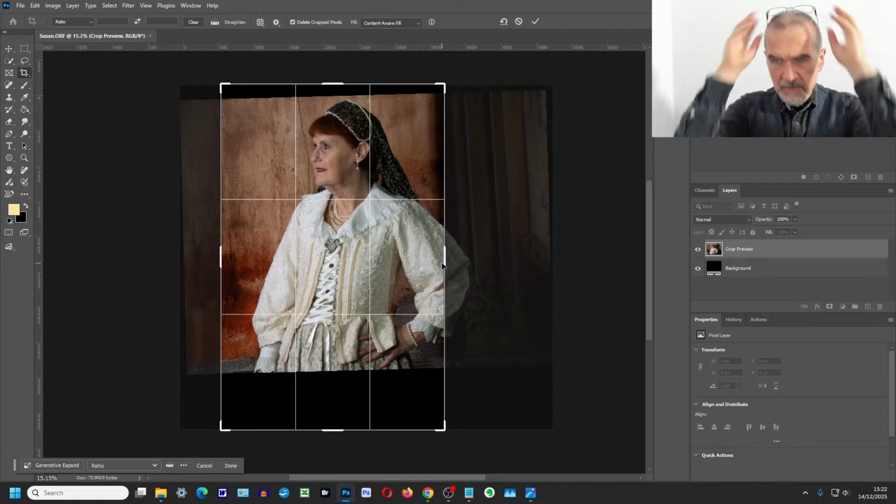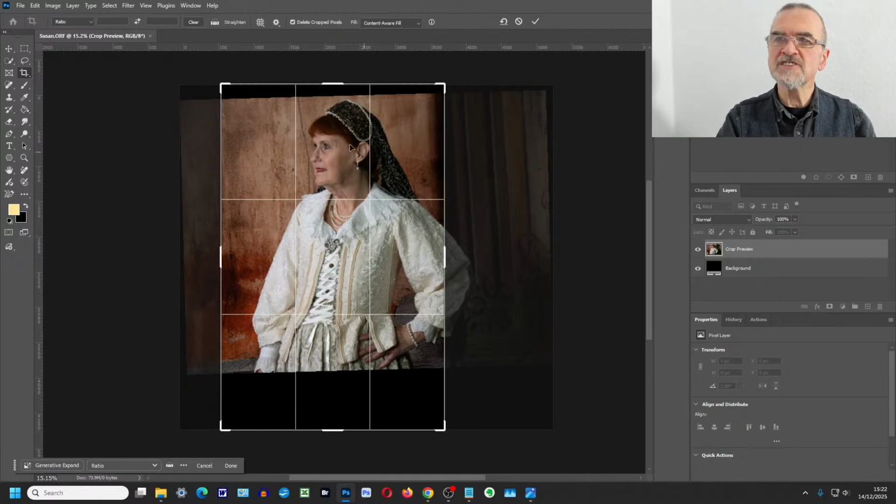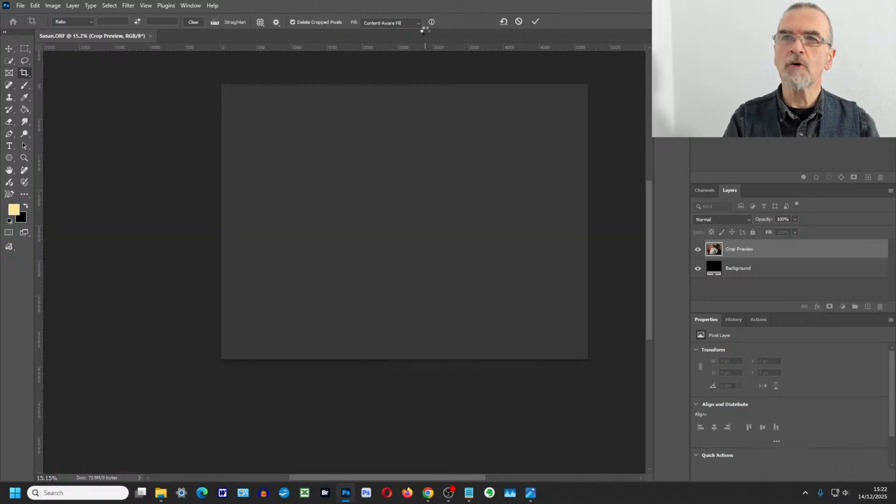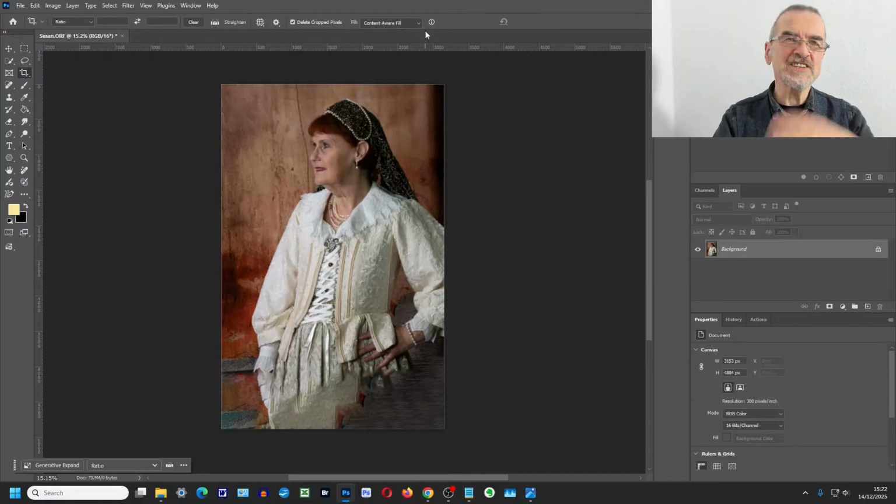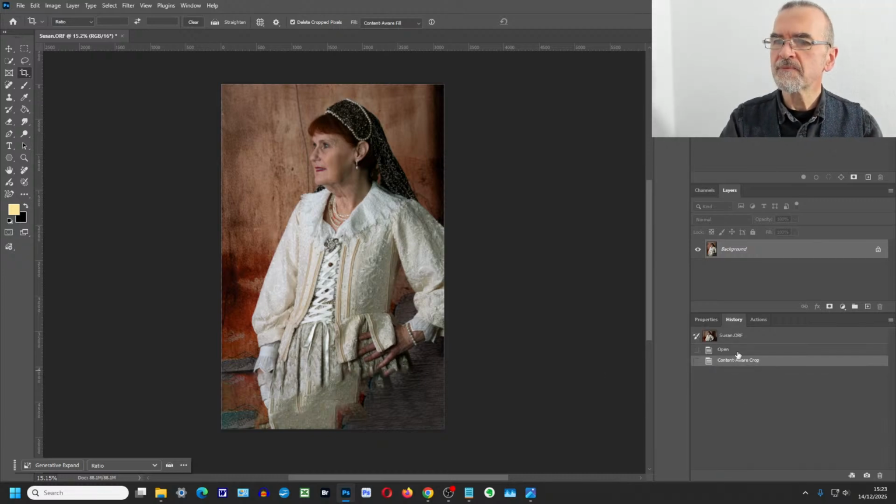So if you're going to crop there, then this ultimately is about the shape that I would want. Now, if I just click crop on that with content aware fill, it's going to fill in a little bit here. It doesn't do it perfect justice, obviously. So obviously that's not going to quite work.